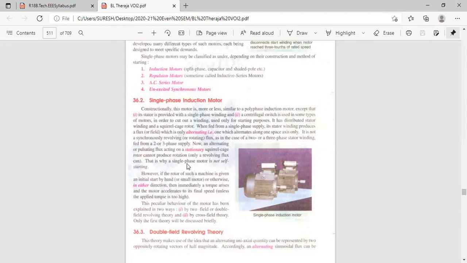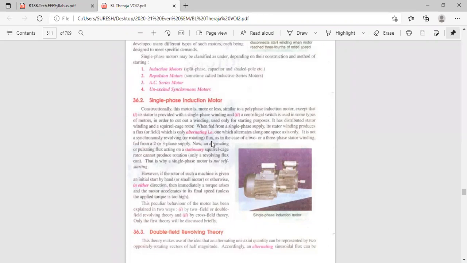In a 3-phase induction motor, how many phases are there? 3 phases, 3 windings are there. 3 fluxes will be developed, so there is relative motion between the fluxes and torque will be developed. But here in single phase, how many fluxes are there? Only one space axis. So there is no relative motion between the fluxes. Only one flux is there around the current carrying winding. That's why it is not rotating.